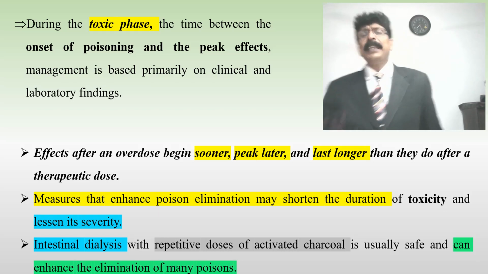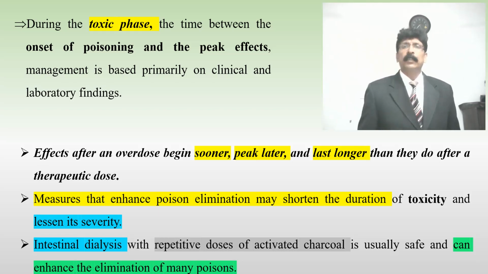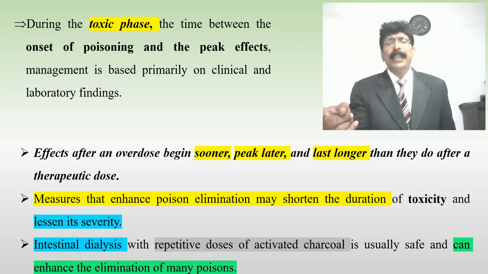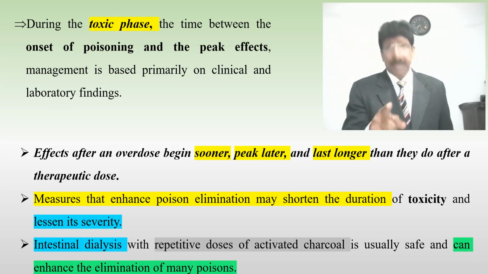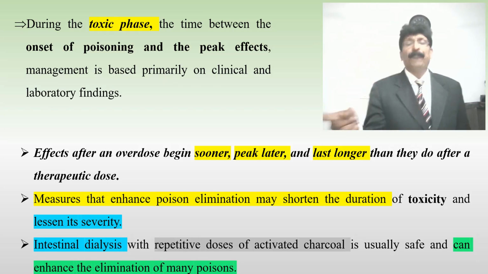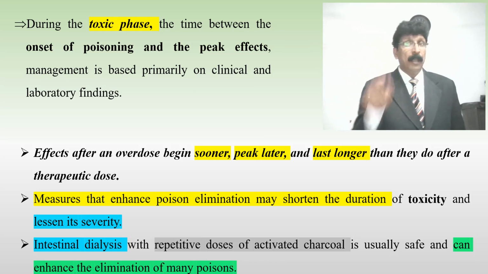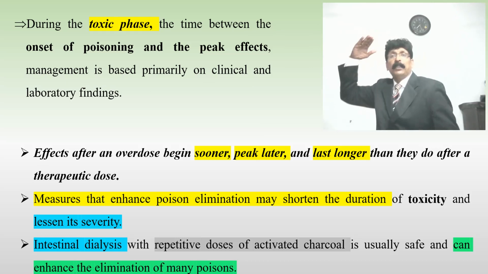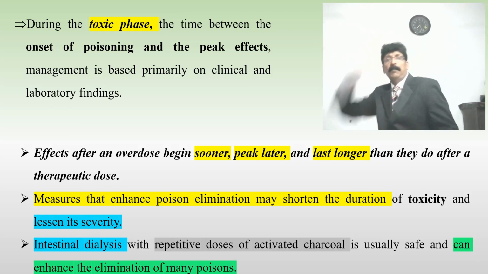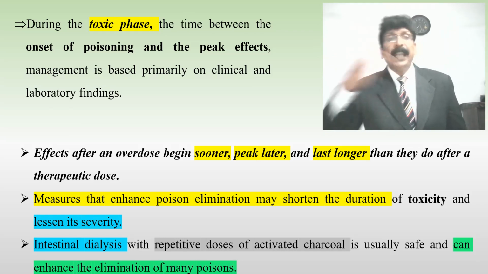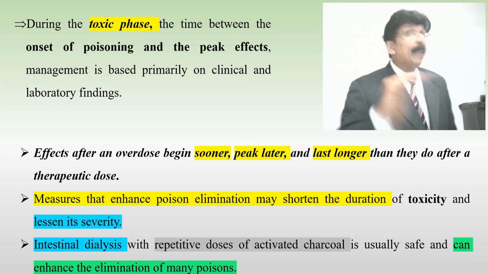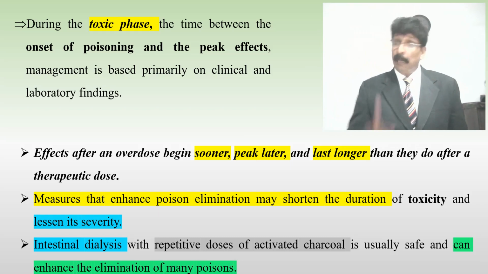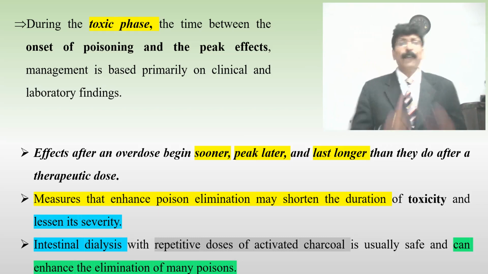So during the toxic phase, the time between the onset of the poisoning and the peak effect, management depends on the minimum effective concentration, the toxic concentration, the peak effect, and the dose present in the blood concentration. The peak effect management is based primarily on the clinical and laboratory findings. Effects